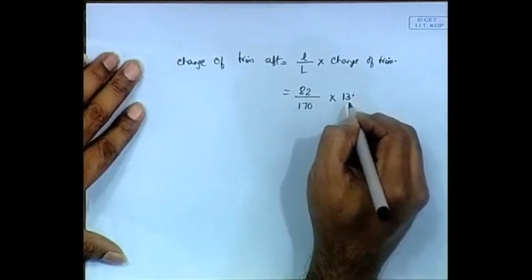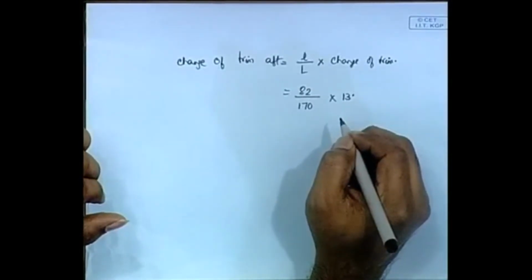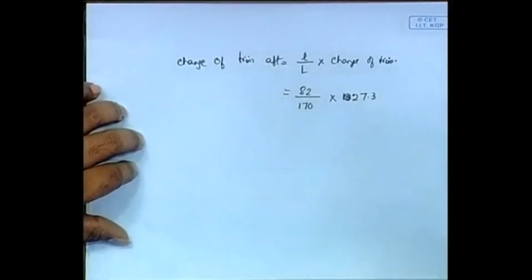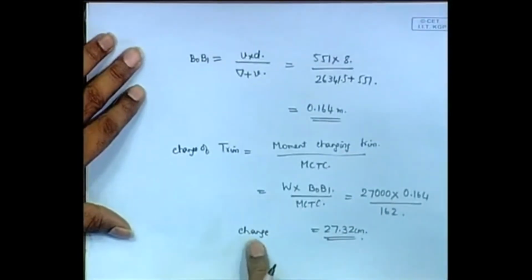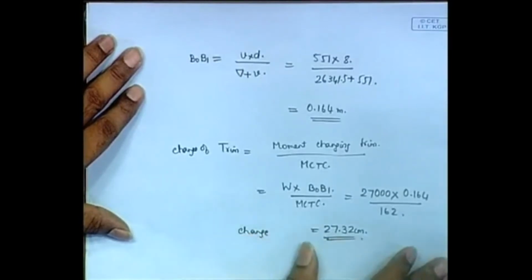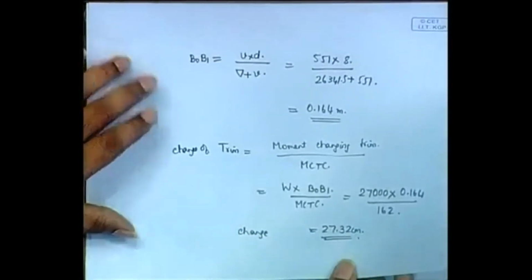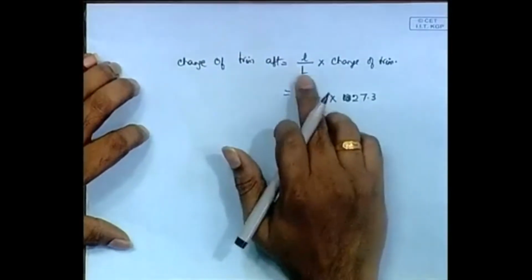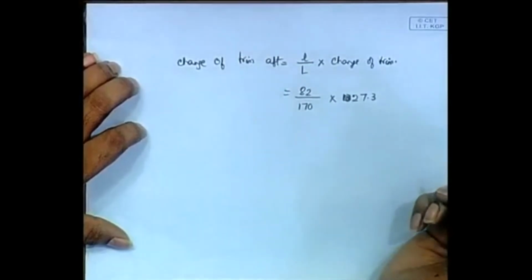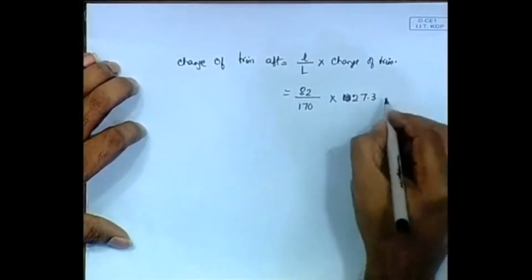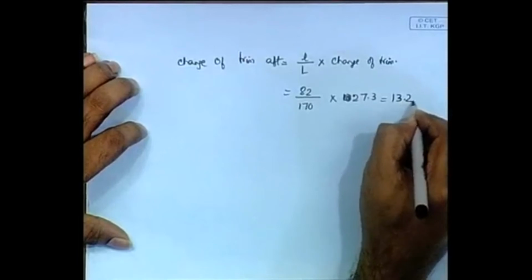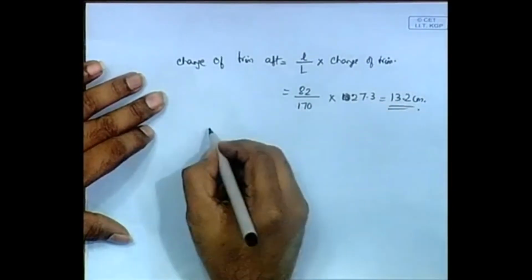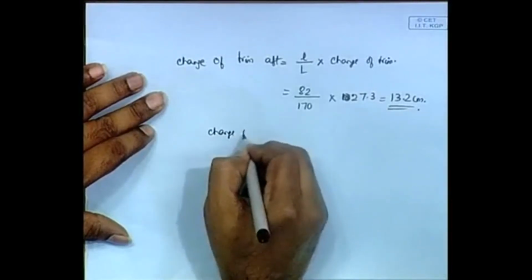We just calculated, 27.3 we just calculated in the previous thing. So this is the total change of trim. So change of trim into l by L, where l is the distance of the center of flotation from aft perpendicular, capital L is the length of the ship. So you do this, you will get 13.2 centimeters. This will give you the change of trim aft,